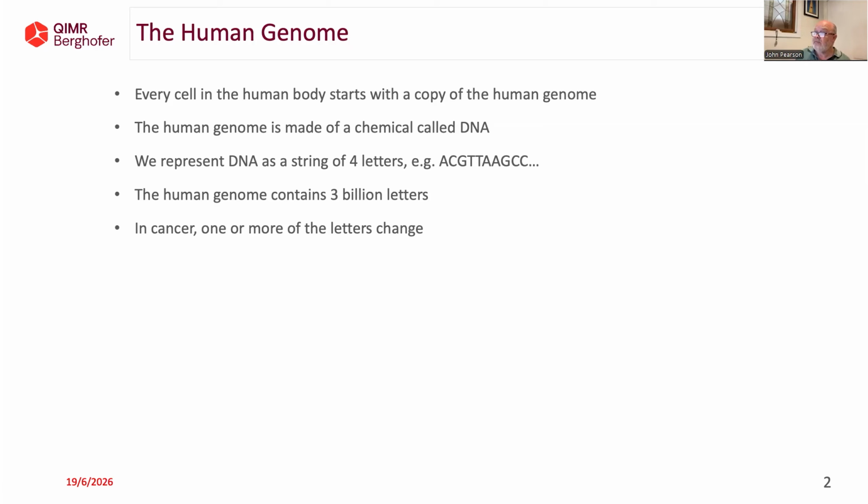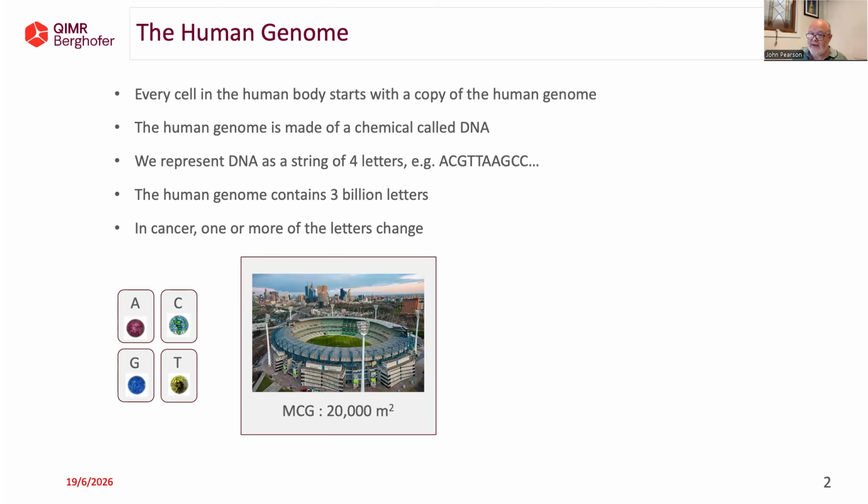Okay, just a quick thought exercise to get the scale of the data. Imagine you had marbles, a different color marble for each of the four bases. For the Australians on the call, this is the Melbourne Cricket Ground, one of the great cricket grounds on earth. It's about 20,000 square meters, so about four standard football fields. If you went to the middle of that and started laying down the marbles, one marble for each of the 3 billion bases in the human genome,